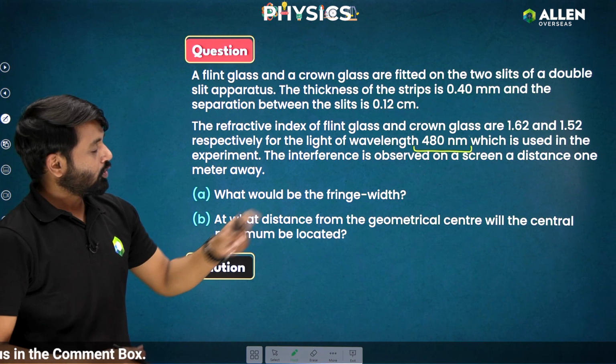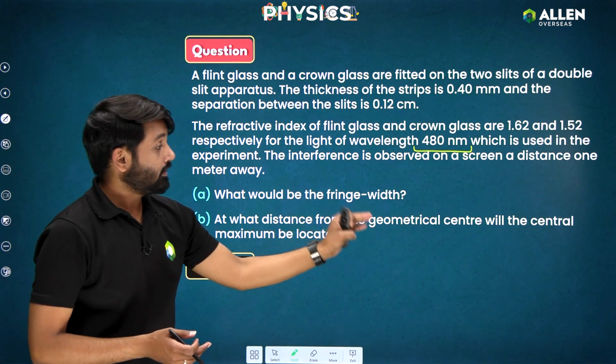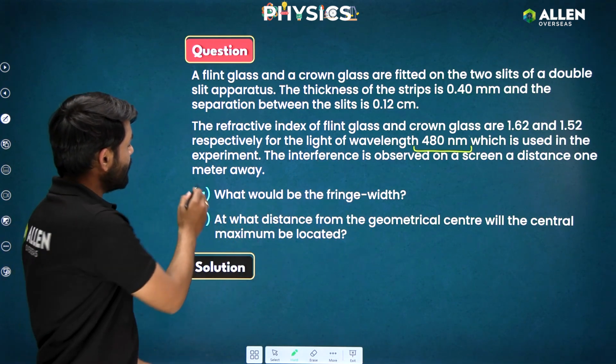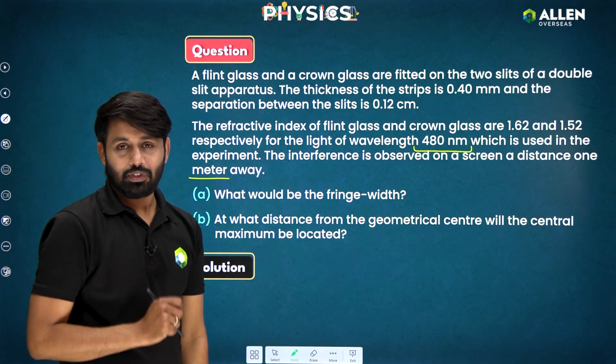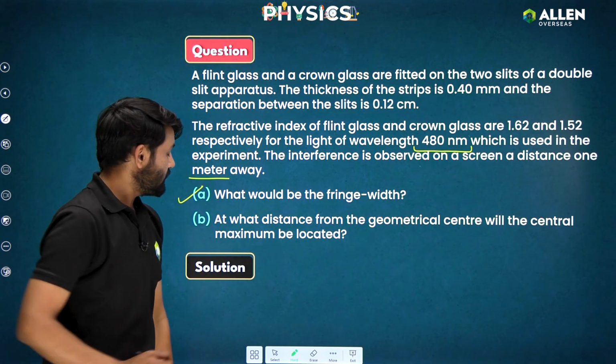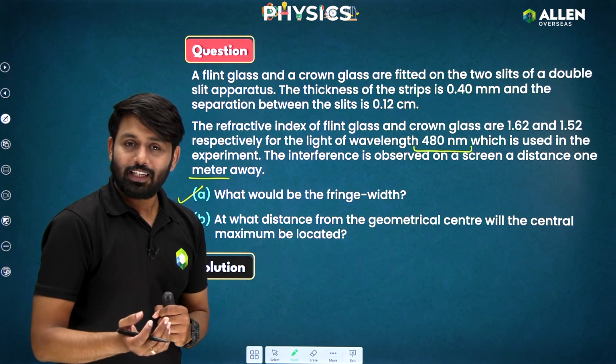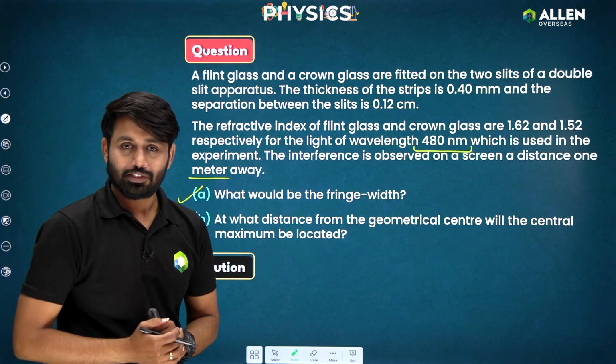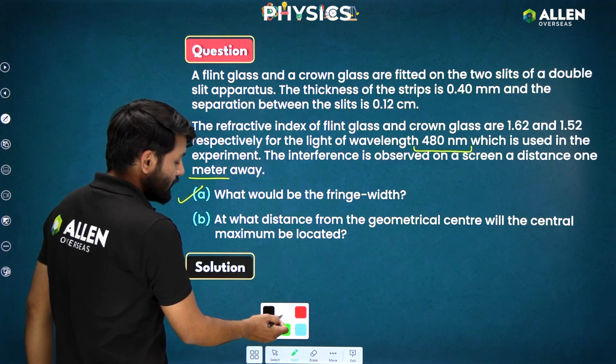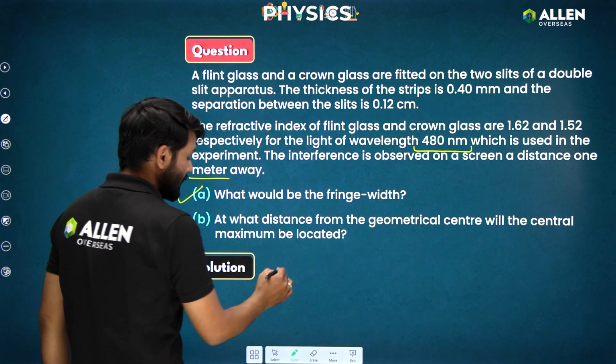The interference is observed on a screen a distance 1 meter away. So capital D is 1 meter, right? So the question is, what would be the fringe width? I think you all know in this YDSE with a slab, the fringe width will not change. Is that clear? If you write the fringe width formula, so the fringe width formula is